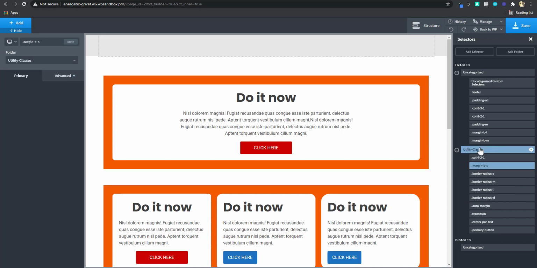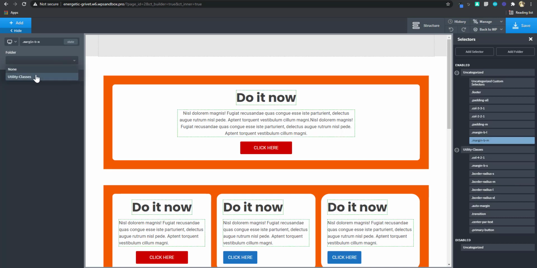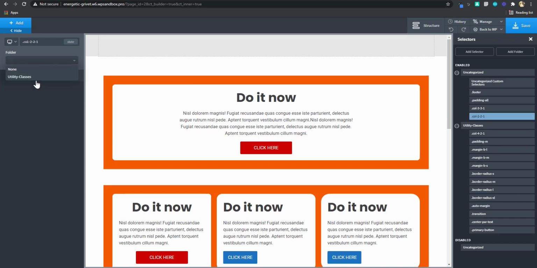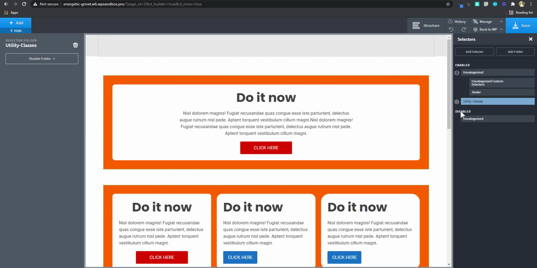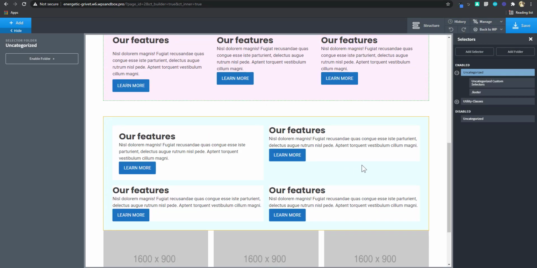Okay, so you want to do this so that while you're working on your website, you will be able to differentiate between your utility classes and your regular classes, especially when you're coming to the selectors to check on something. All right, so we have all that categorized here, so you don't mix them up with the ones that usually appear by default here. I'm going to save that, and we are done with our